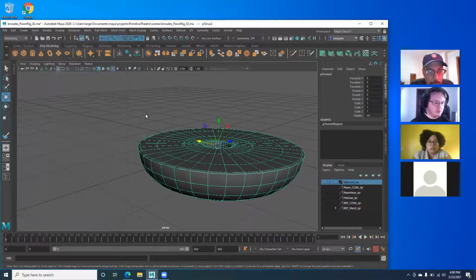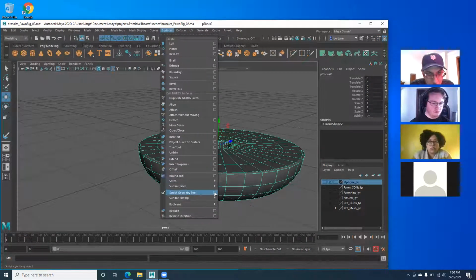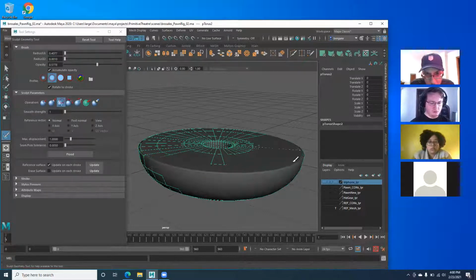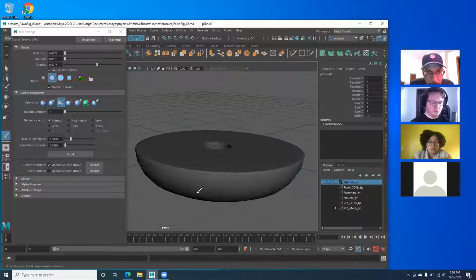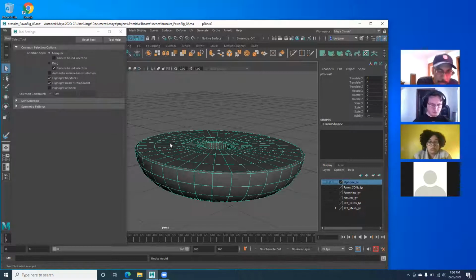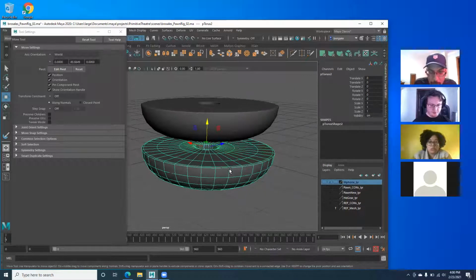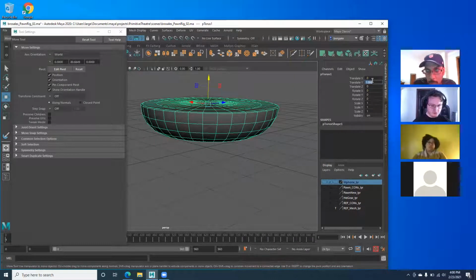So again, if that was my assumption, I would go to surfaces, sculpt geometry tool, and I put opacity to like half, and then smooth tool, and I just paint on it. And you can see the one that I want is deforming, and the one that I don't want is staying. And for us, this is a fairly simple solution, because these are not double faces. That's just a duplicate, so I can just easily delete that. But if there were double faces,